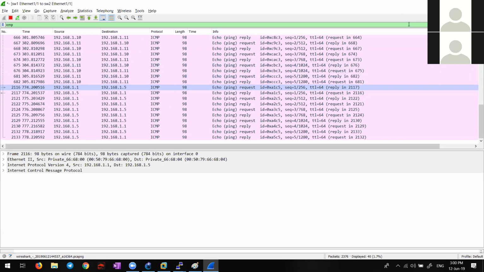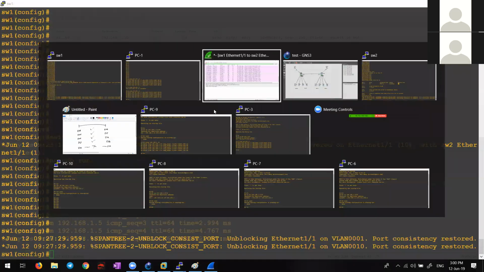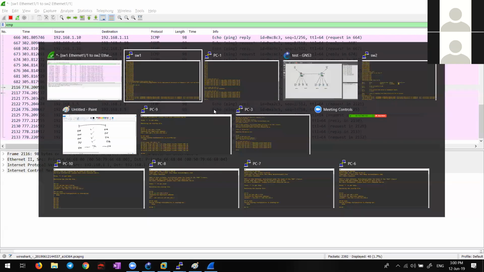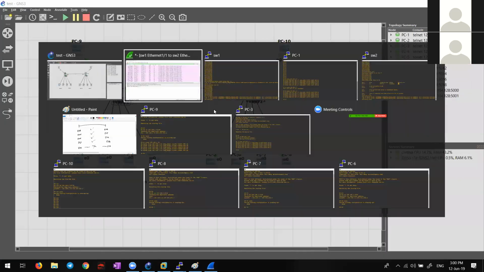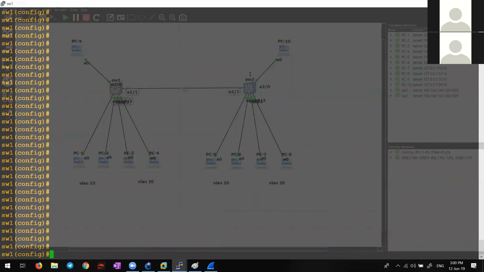Okay, so how do we tag the native VLAN also? VLAN dot1q tag native.